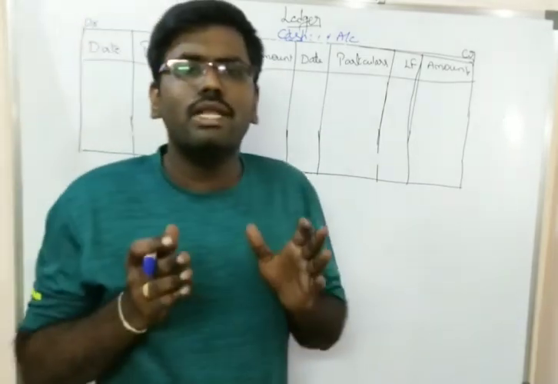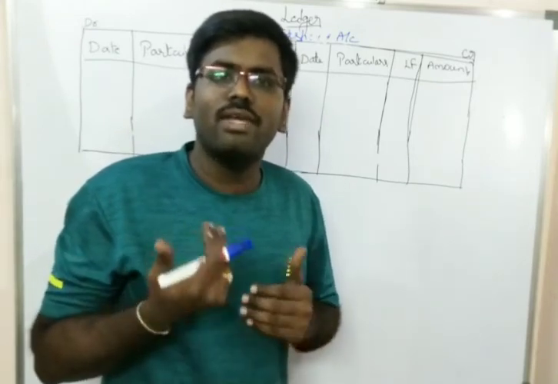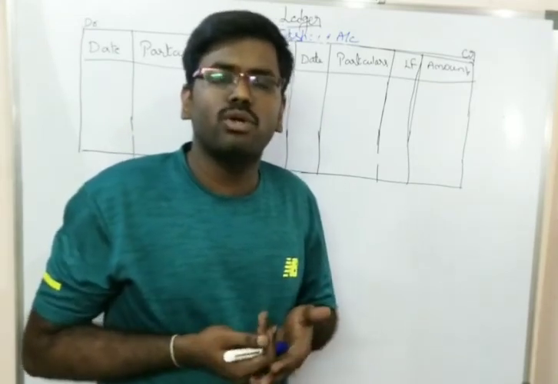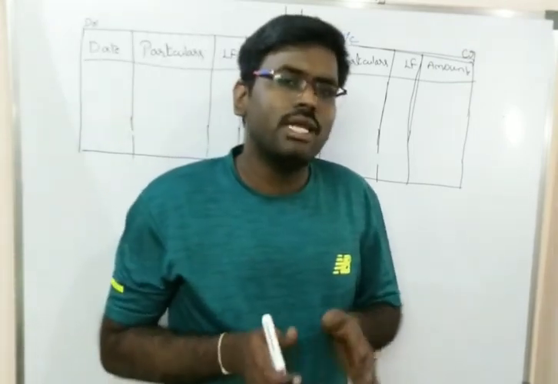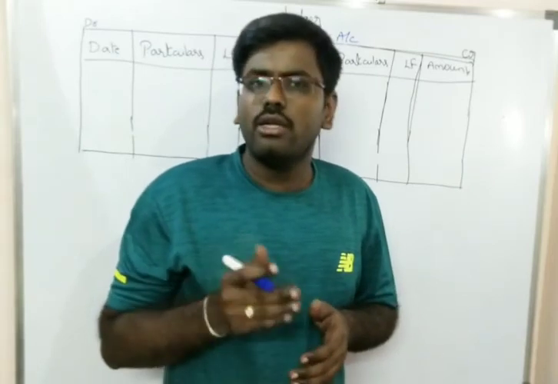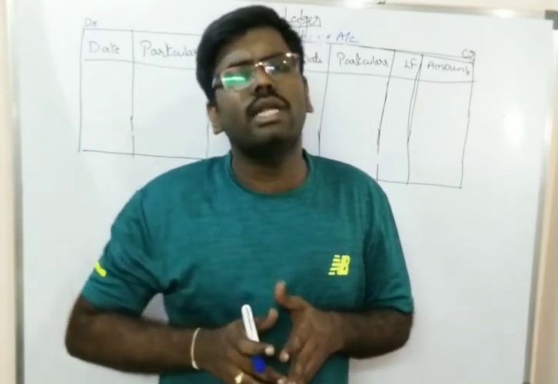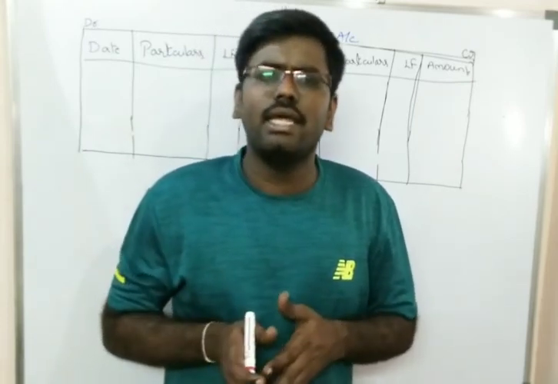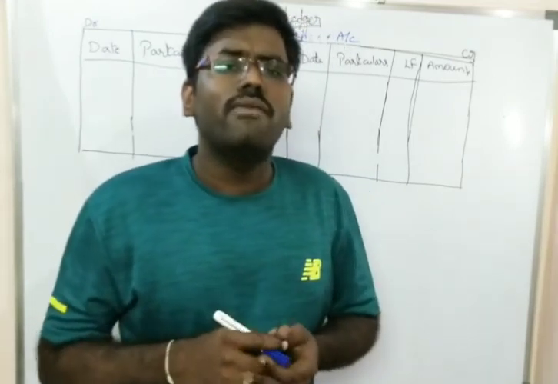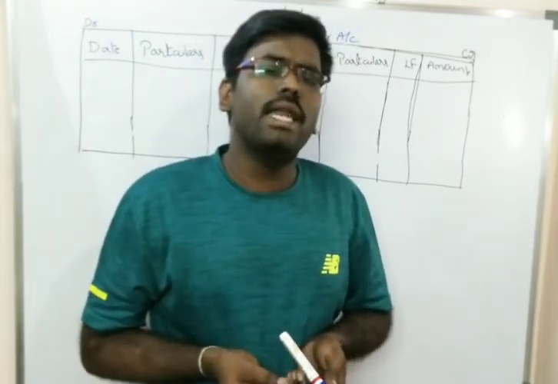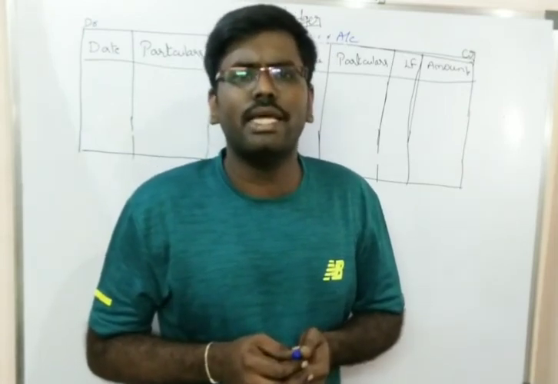So here you will get a clear picture of a particular account, whether we are having more debit balance or more credit balance. In preparation of journals, we will not have clarity related to a particular account. According to the double entry system, for each and every transaction we make 2 entries, that is a debit entry and a credit entry in the case of journals. But if you want to know the debit balance and the credit balance of a particular account, that is not possible in the case of journal entries.